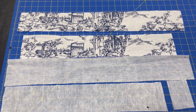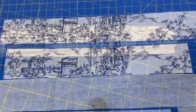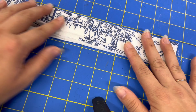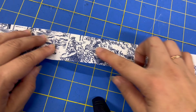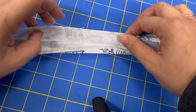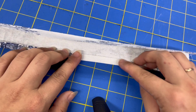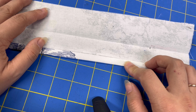These are my waistband pieces. Like I said, just rectangles, a piece of cake. I've gone ahead and prepped my waistband, so I'll try and walk you through what I did. First, I put in my fusible interfacing. I like that kind for this kind of project. Then I made sure that the direction of my fabric was facing up and pressed the piece of fabric in half. On the piece that wouldn't be facing up, I did a scant 1/2 inch,